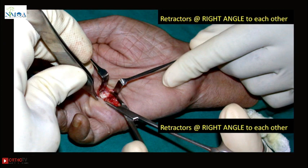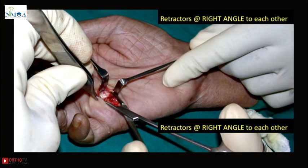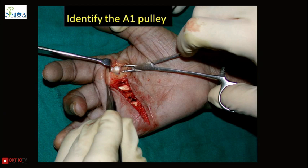So keep the right angle retractors at right angles to each other, because your forceps will work as a third retractor. And your hand is using an artery forceps or scissors, and you can just go up to the tendon and cut the A2 pulley. So the retractors have to be at right angles to each other. And then you identify this A2 pulley,